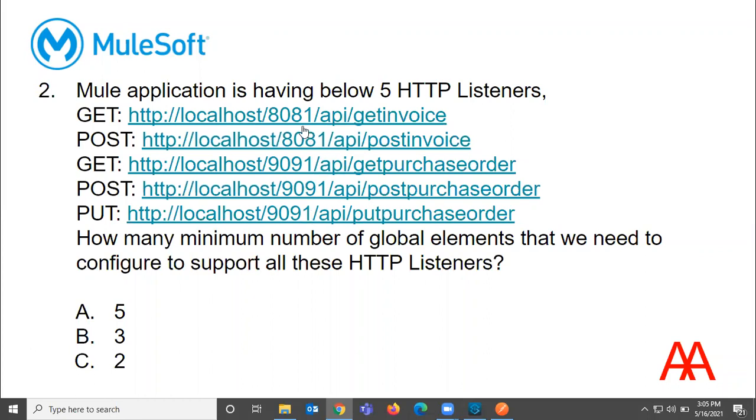So we have two different ports: for 8081 we have get and post methods, and for 9091 we have get, post, put. The question is, what is the minimum number of global elements we need to configure to support all these HTTP listeners?